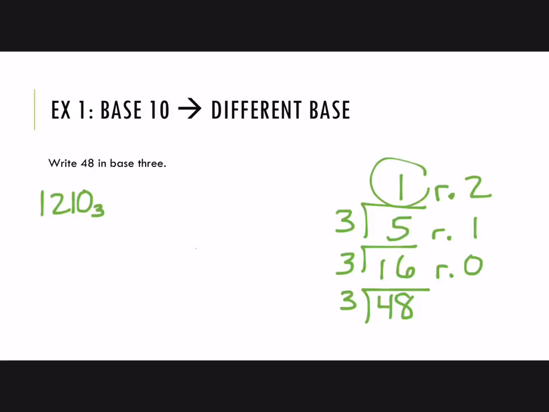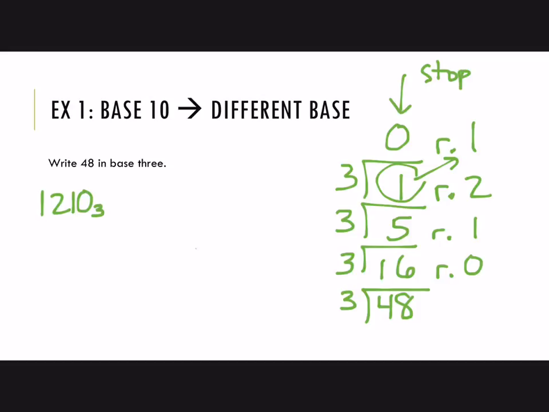Okay, and then we're not done yet. As long as you still have a number here, you keep going. So we're going to divide again. 3 goes into 1 0 times, which means that entire 1 is left over as a remainder. And now we stop. You stop whenever you see a 0 at the top of this series of long division